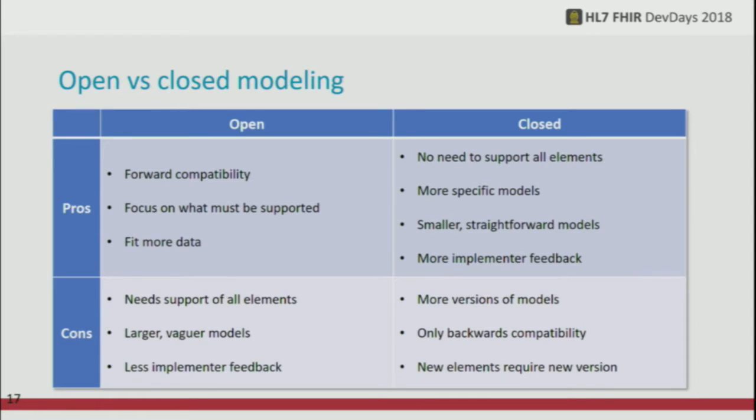But if you are profiling on a national level and you want everyone to reuse that and only constrain national stuff, like, for example, the race extension we saw, which puts people more in the right direction on how to use human name, you want to keep a more open model. And everything in between, well, you have to think about this stuff. So your national profile is mostly open, and then the optional one is mostly closed, or what's